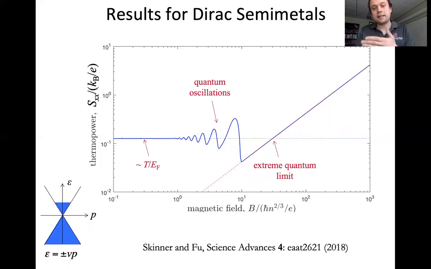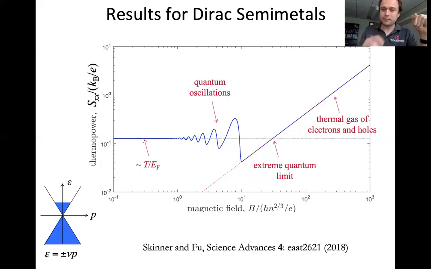As you turn up the magnetic field, the density of states associated with that Landau level is proportional to the magnetic field. Basically, the density of states is proportional to the number of flux quanta in your system, and that goes up as you turn up the magnetic field. And so the entropy in your system is going up, kBT over E Fermi, excuse me. Then finally, when your magnetic field is large enough that basically only the lowest zeroth Landau level is occupied, you reach a situation where kBT becomes bigger than E Fermi, and now you have